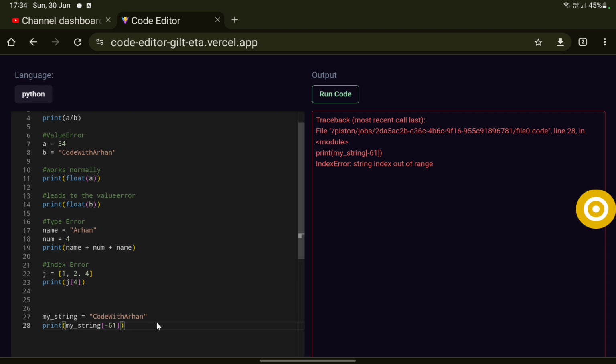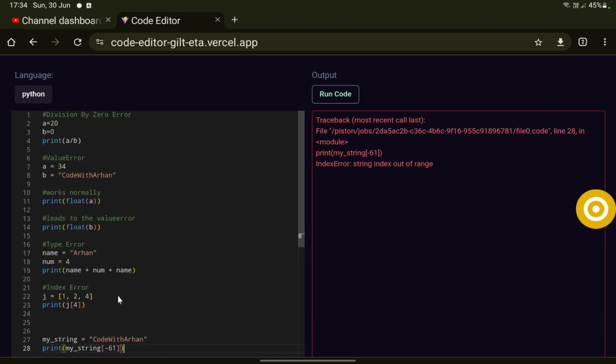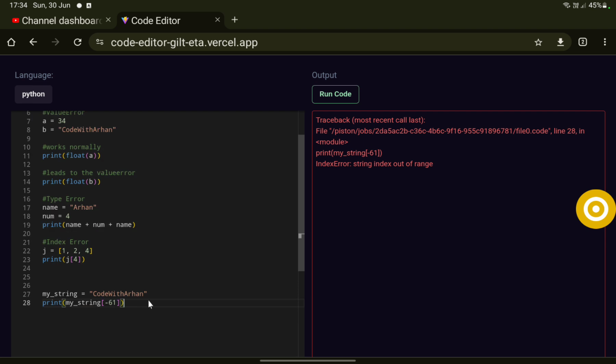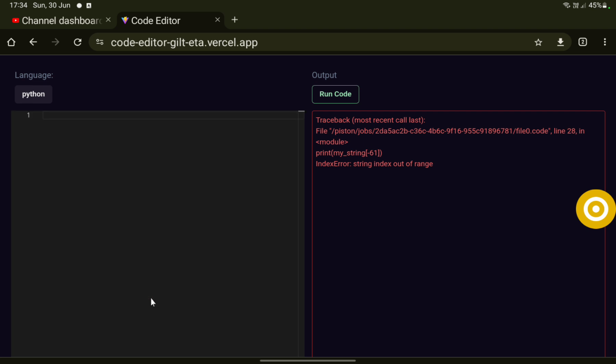And now let's see how to handle these errors and make our program work fine. So let me delete all this code. Now we come to the try except block. To handle exceptions, we use the try and except block. For example, if we write try, x equals 1 by 0, then except